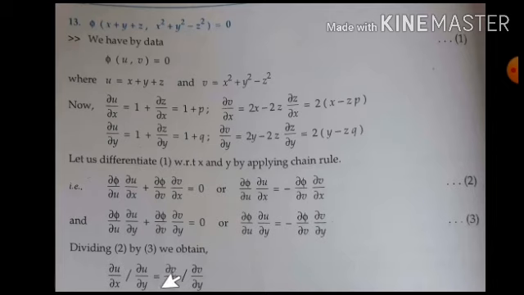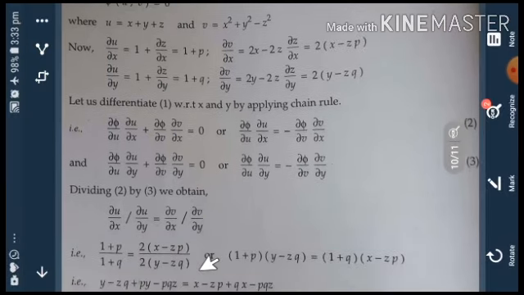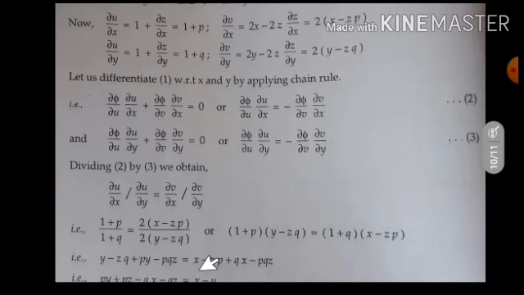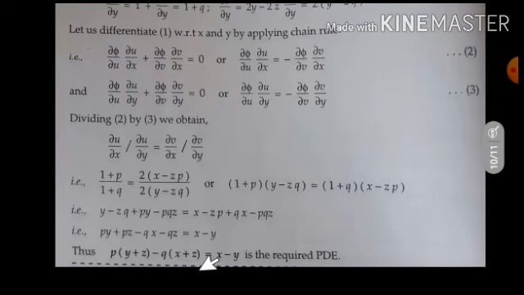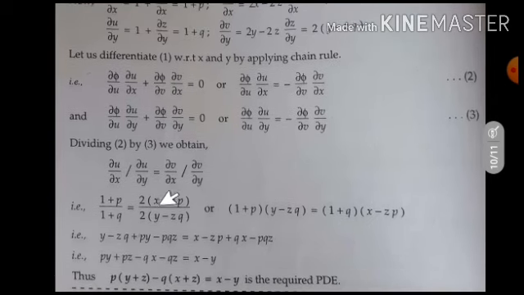So substitute this answer in this equation. So what we are getting is the simplified answer. Just cross multiply, 2 gets cancelled: 1 plus p into y minus z cube, 1 plus q into x minus zp. Then open the bracket and multiply the bracket here, they have multiplied it, and observe that minus pqz gets cancelled. Will anything else get cancelled?